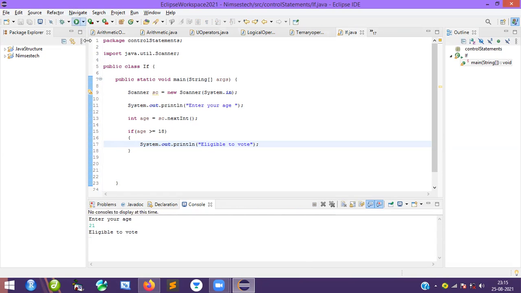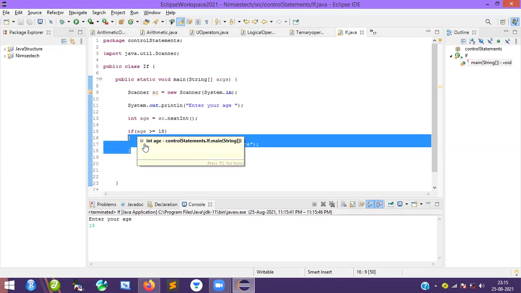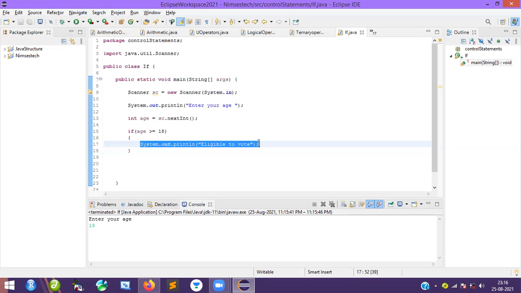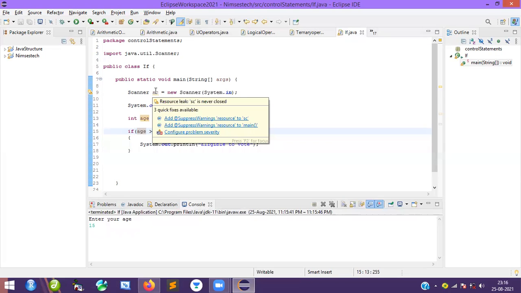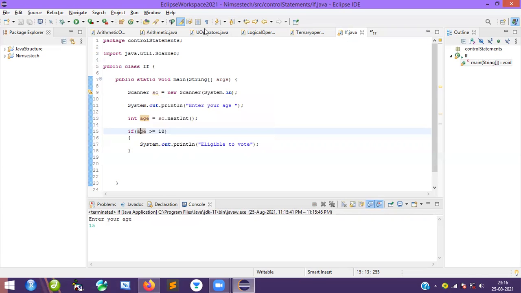But in another case, I am going to enter something like 15. Now see, we are not getting any message. No message is popping up. It indicates very clearly we created a statement only for this particular true condition. If it is true, it will execute here. Otherwise, nothing will happen. If this case is false, nothing will be executed. This is exactly what we say about the if statement. Using the Scanner class, we are taking the input from the user. So this is all about the if statement.